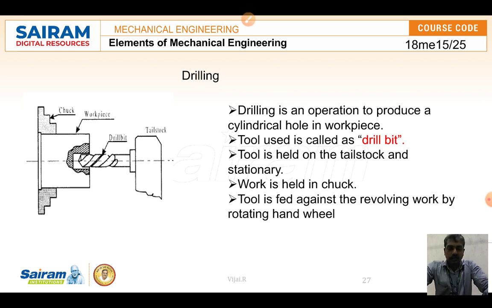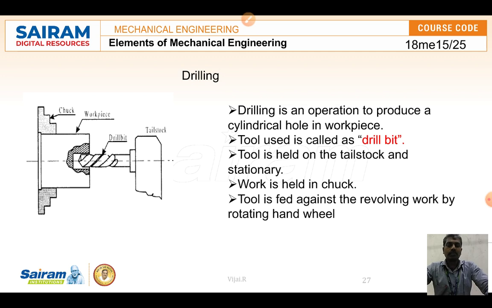The drill bit with the flutes can be fitted in the tailstock, so that through the tailstock we can give feed to the face of the workpiece. We can remove the material when the drill bit is fed. The workpiece is held in the chuck and rotating, and when the drill bit removes material, the material comes out of the hole through the flutes. That is how a hole can be made with the help of a drill bit.